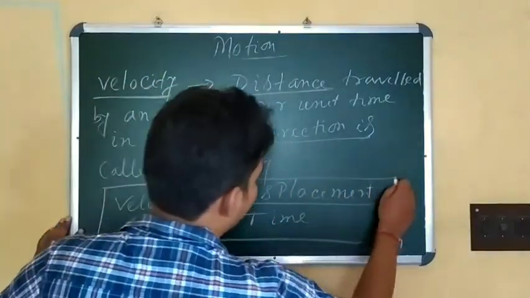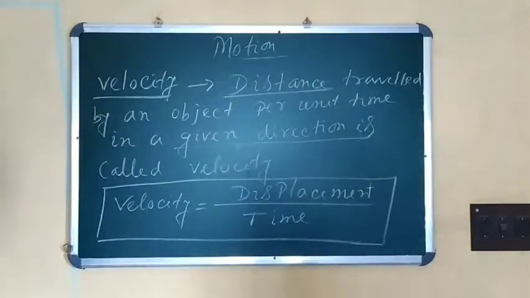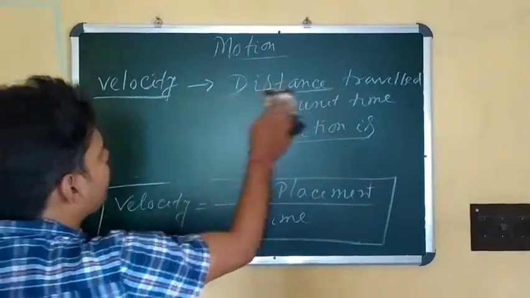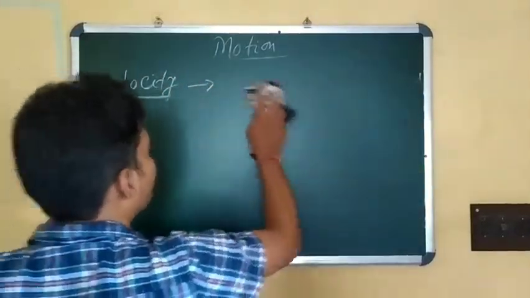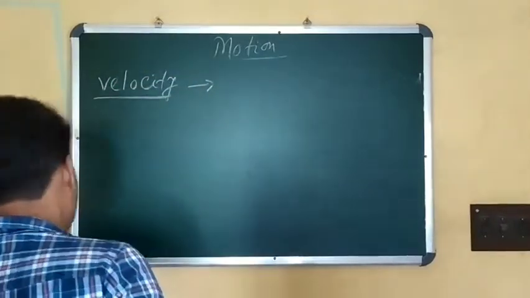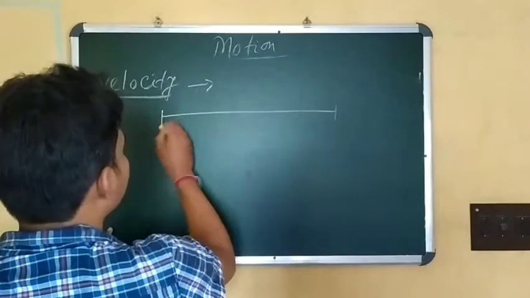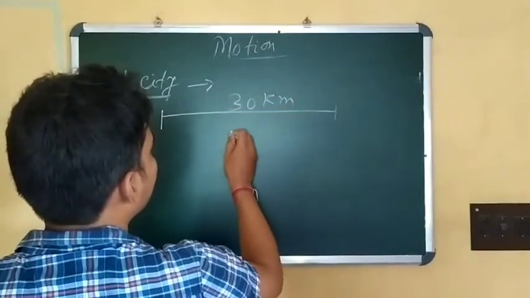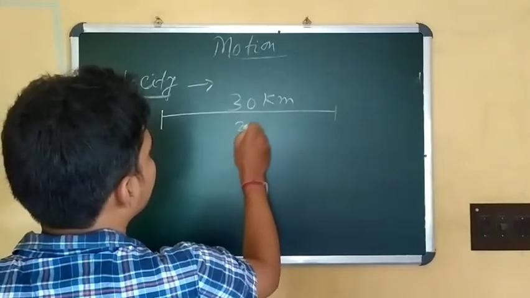By using this formula we can find out the velocity of the object. Now let's see one example. If any object travels 30 kilometer in 3 hours